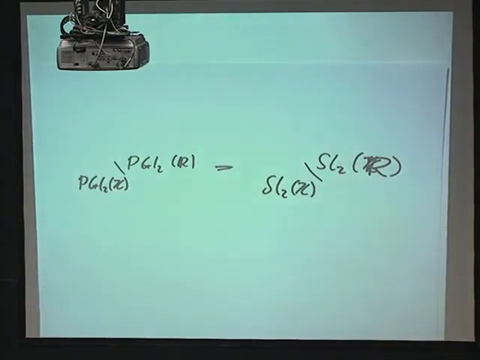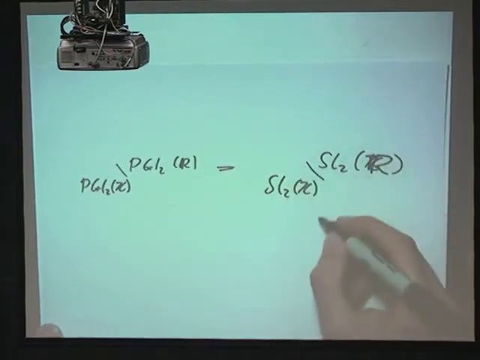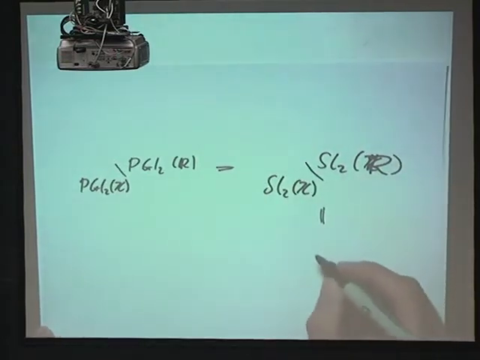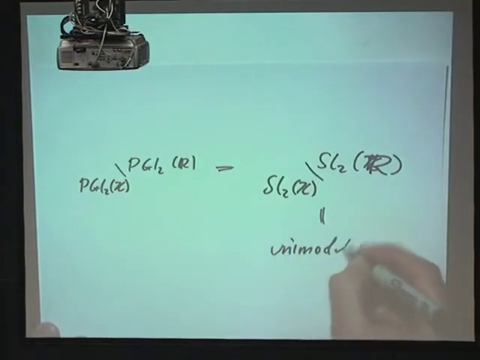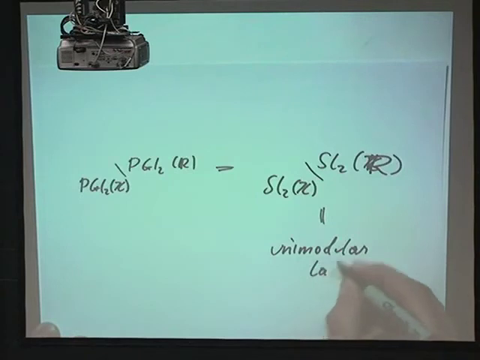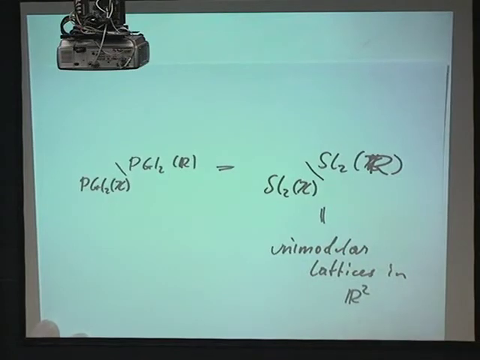One way to see that is the following. The right-hand side is the same thing as unimodular lattices in R2. By which I mean, take